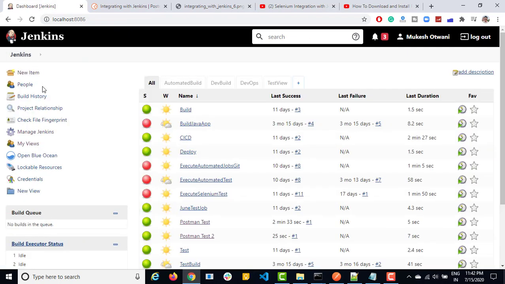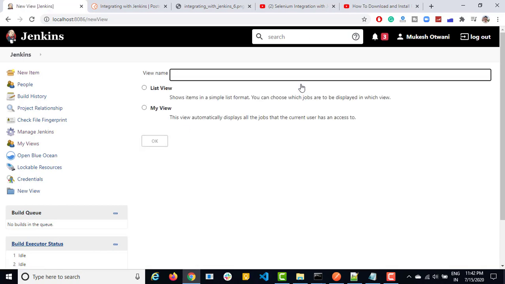One more interesting thing which I want to show you: I always recommend that whenever you have different categories of tests, create a separate view. You can see right now everything is coming under the All view, which I personally don't like. So you can click on this plus option, which will create a view for you, and you can customize this view accordingly. The moment I click on add, it will ask me for the view name.